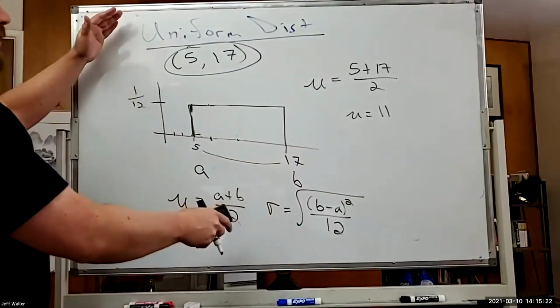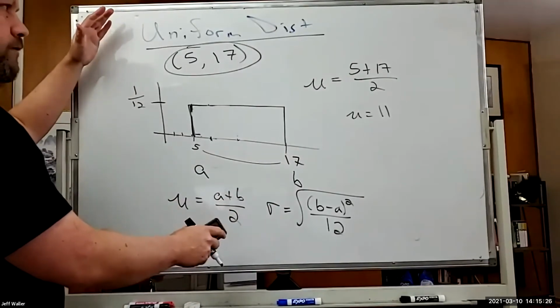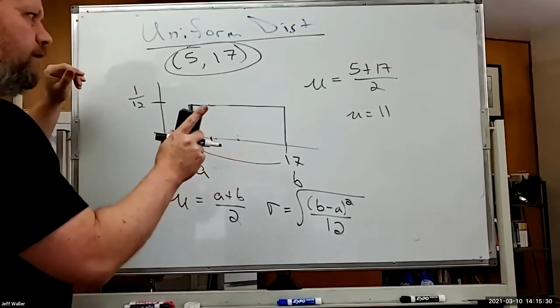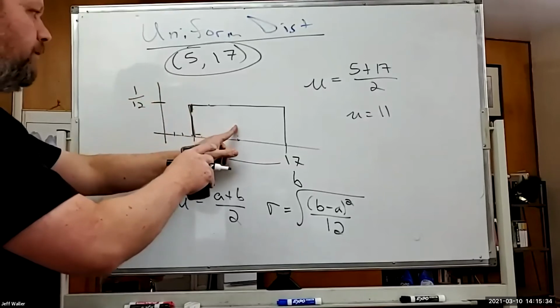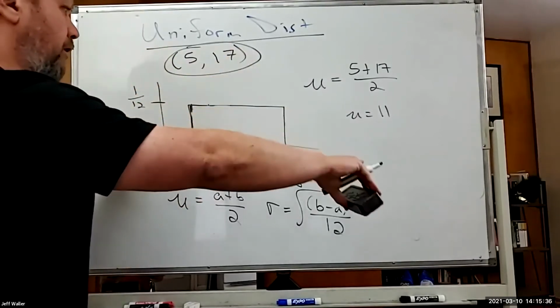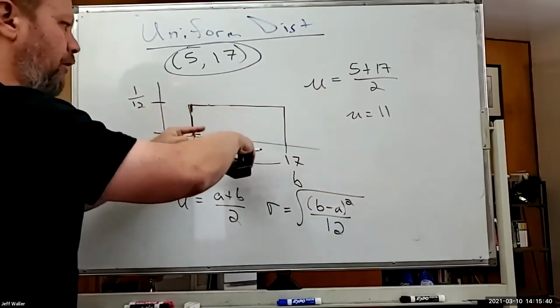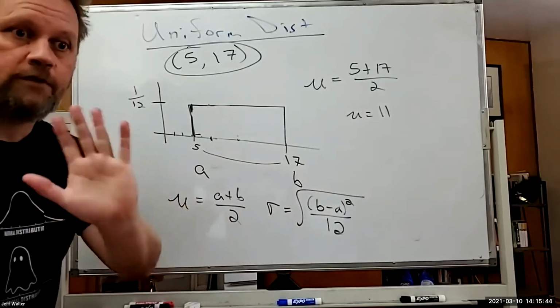So that's it for uniform distributions. Okay. So the big thing to get from this chapter is that if I draw the probability distribution and I make the whole area 1, any probability question equals the area related to that question. Okay. So